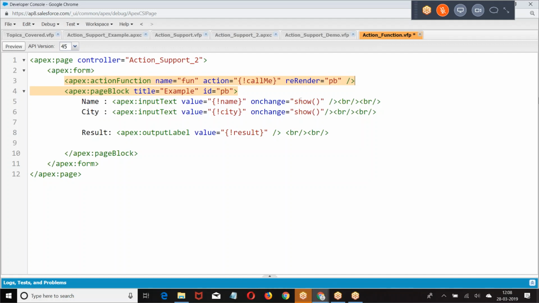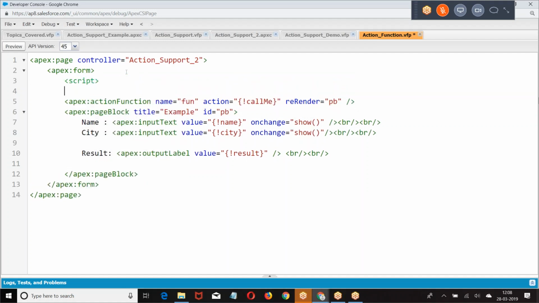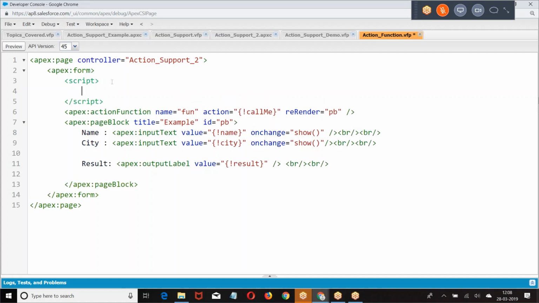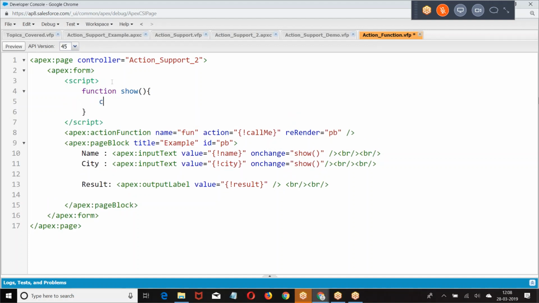When the name changes, it is going to show. So in the show, I'm calling. Whenever any change occurs on this, JavaScript is called.